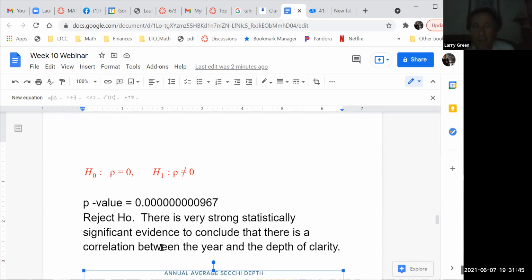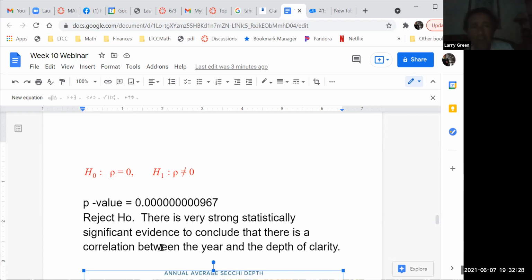And there are some things that aren't correlated at all. For example, how about the high temperature in Lake Tahoe and the score of the New York Yankees baseball game? Do you think those are correlated? No. That's going to have an R very, very close to 0. Can't even tell you if it's negative or positive. It's going to be like 0.01 or something, because the temperature has nothing to do with how the Yankees do in baseball. Does that make sense? So there are a lot of things that have no correlation at all, but you can always look at it.